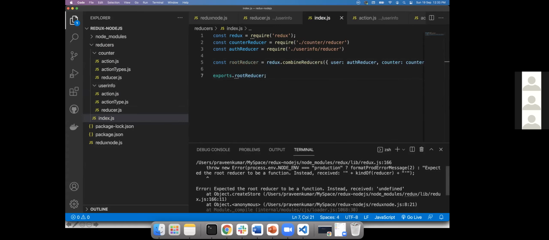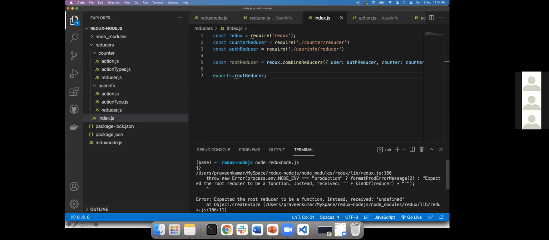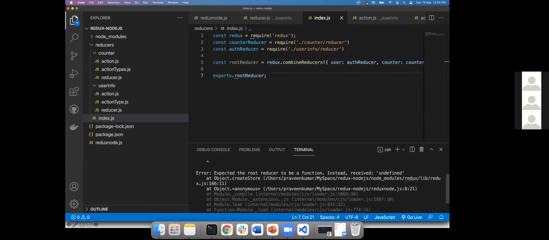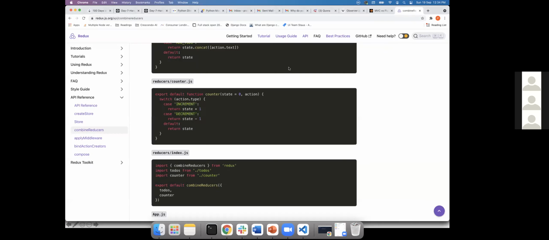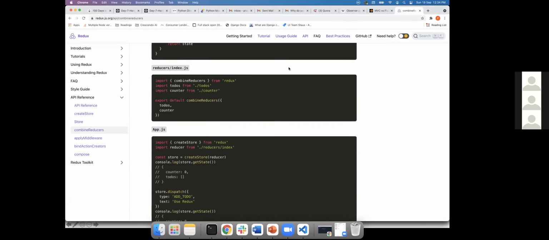What is that? Expected the root reducer to be a function, received this kind of reducer. Redux formatted the root reducer to be a function. It's a function only, right? Reducer. Oh, no, the last one. Yeah, there.